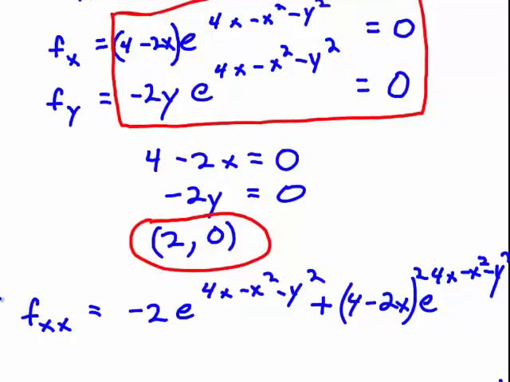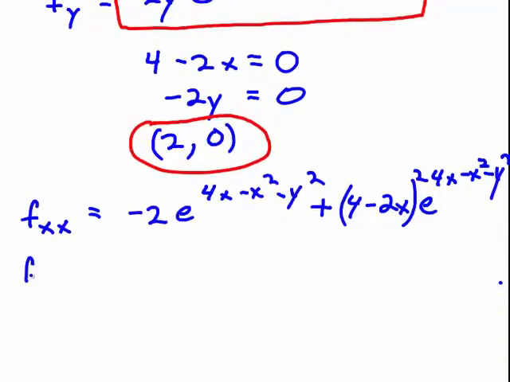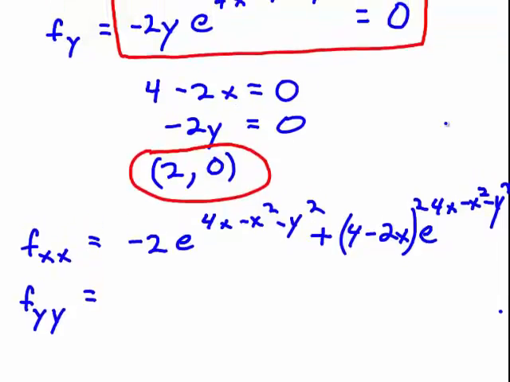Okay, so now I'm going to do something similar for the derivative of f sub y to give me f sub yy, the second partial derivative with respect to y. The derivative of the first would just be negative 2. So the first function is negative 2y, second function is the exponential function. The derivative of the first is negative 2 times the exponential function, using the product rule,